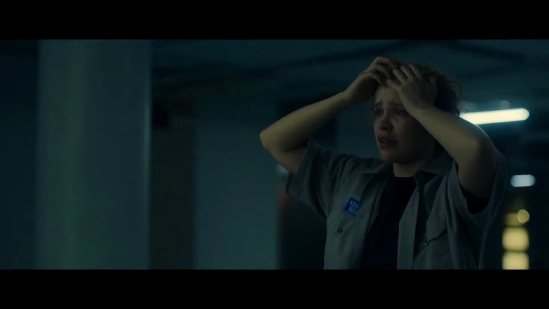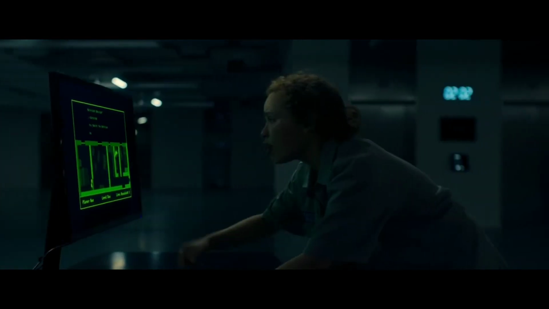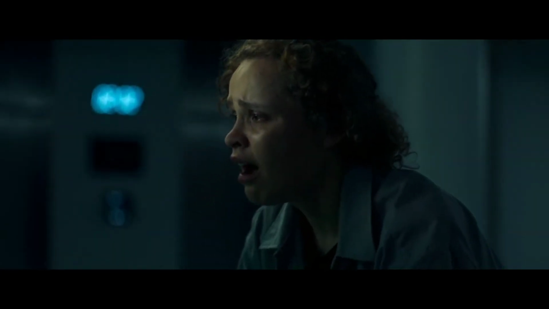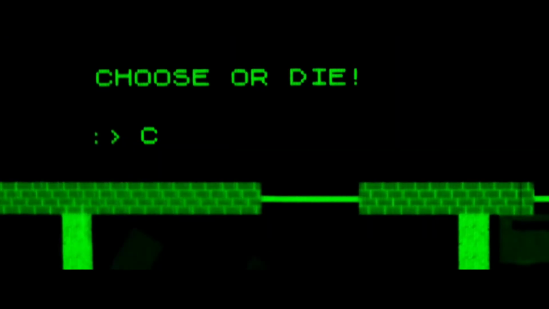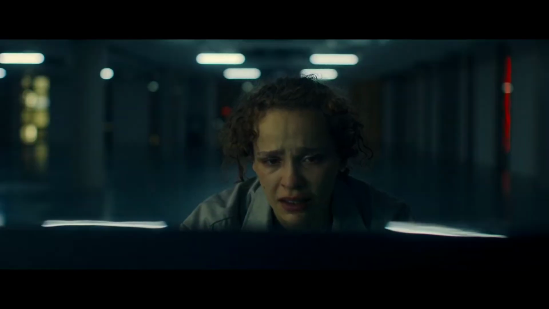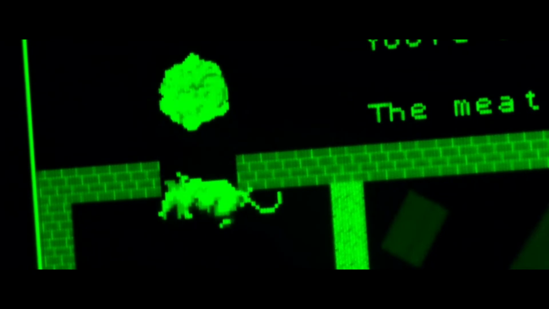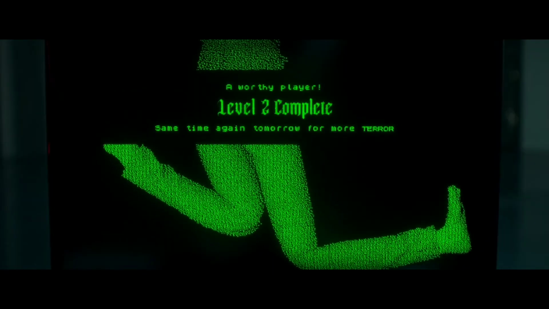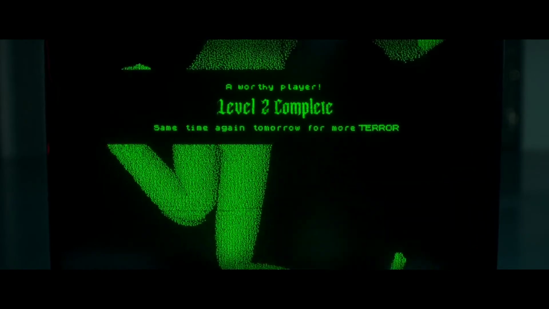She could hear her mom screaming for help, and the rat getting impatient. The screen showed the same question: choose or die. Kayla was guiding her mother through the rooms, but the rat was fast. If she did not soon figure out a way, her mother could die. The last option was to make her mother jump out the window, and that is what she did. After this, level 2 of the game was completed.